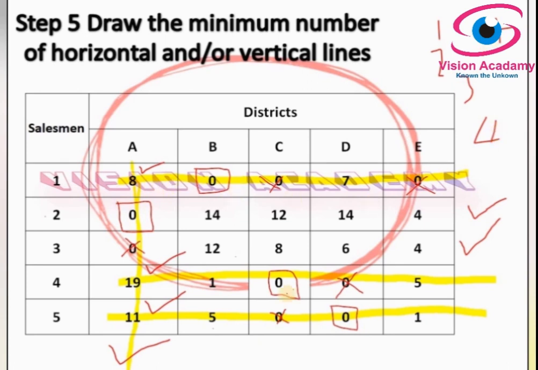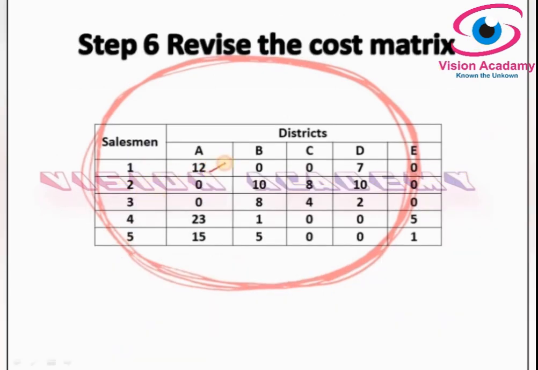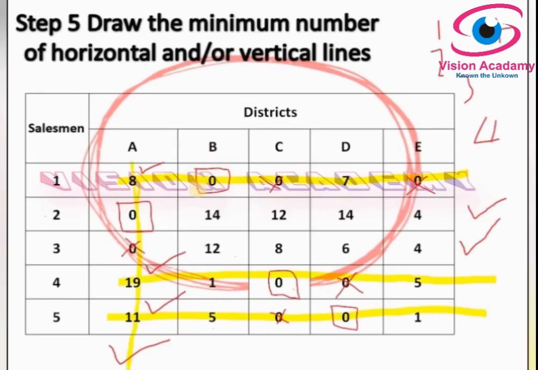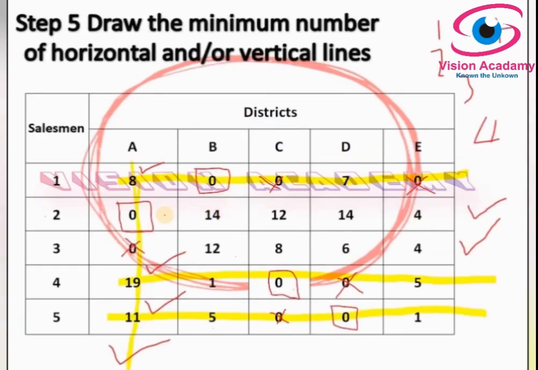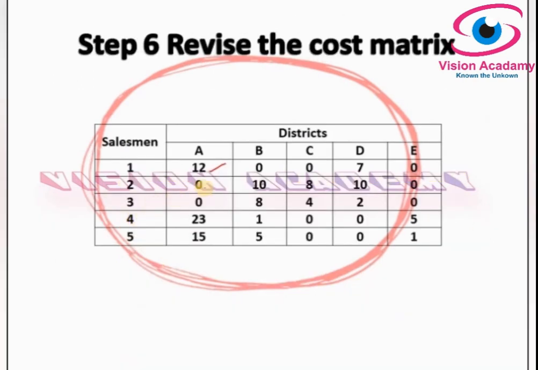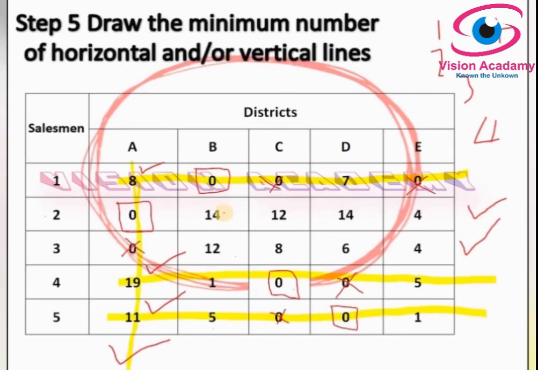Okay, the smallest element is 4, and this is an intersection, so I will add here: 4 plus 8, 12. Look at here, this is 12, and these are covered by lines and are not intersection, so they must remain the same. That is 0, 0, 7, 0. 0, 0, 7, 0. It remains the same. And in the second one, this 0 is covered by line, and it will remain the same, 0. Okay, and here it is uncovered area.